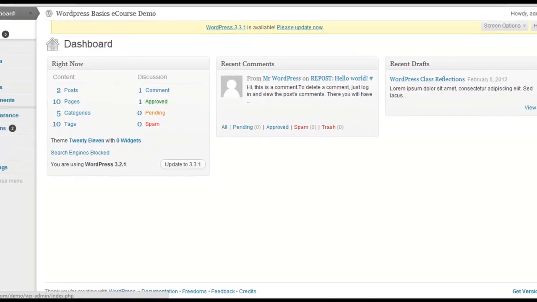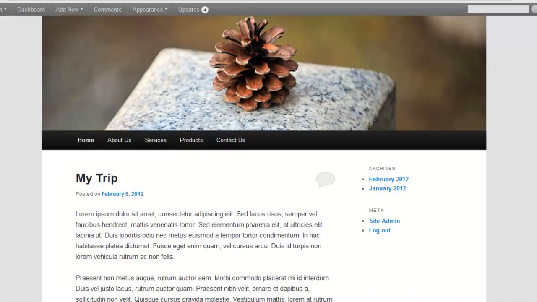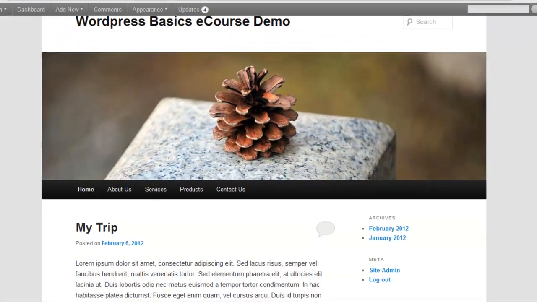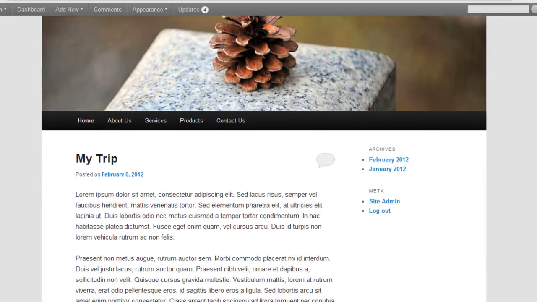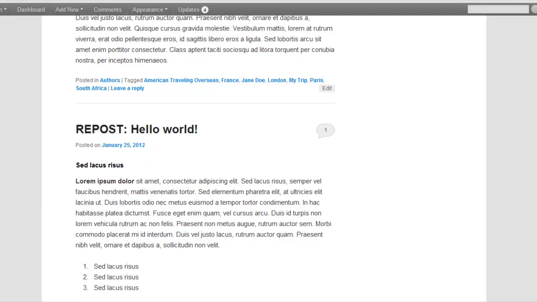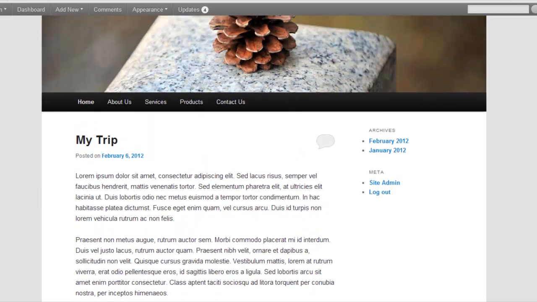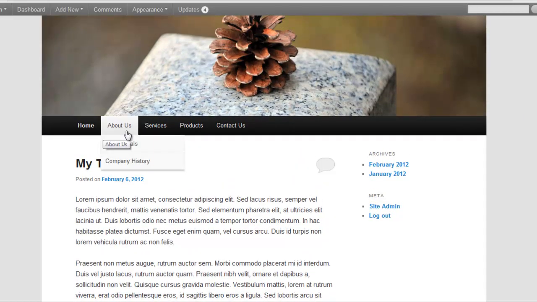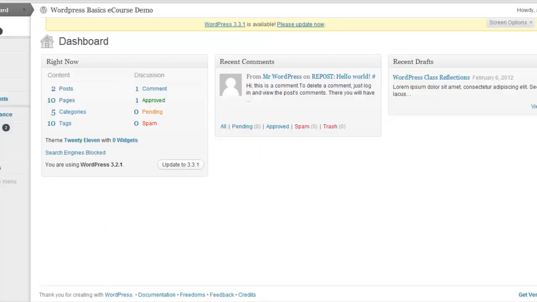Okay, I'm going to click over to our demo website that we're working on, that we're adding to. Right now it's pretty text heavy. So we're going to pick one of these blog posts, maybe one of these pages, and we're going to add some images to it. And so we're going to click back over to our area where we will go to